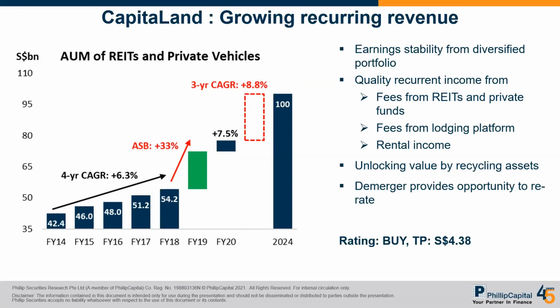CapitaLand also has a 3 billion asset recycling target, so they are able to unlock value from divesting some of your more mature assets. So the most recent acquisition divestment that they did was the 2 Japanese malls located in Greater Tokyo, and they divested the 2 malls for about 500 million Singapore dollars and unlocked 100 million in capital gains. Yeah, so that's, of course, a very positive thing for CapitaLand as they try to become more